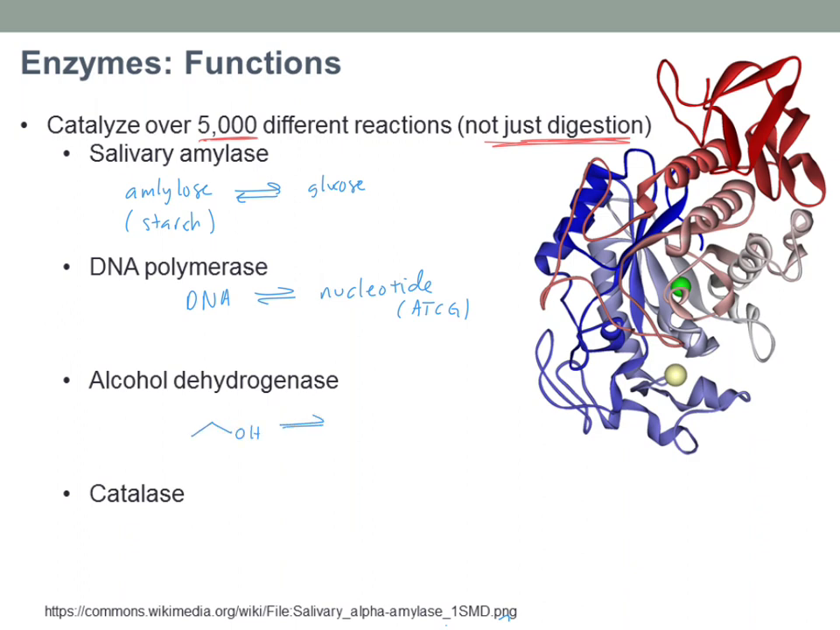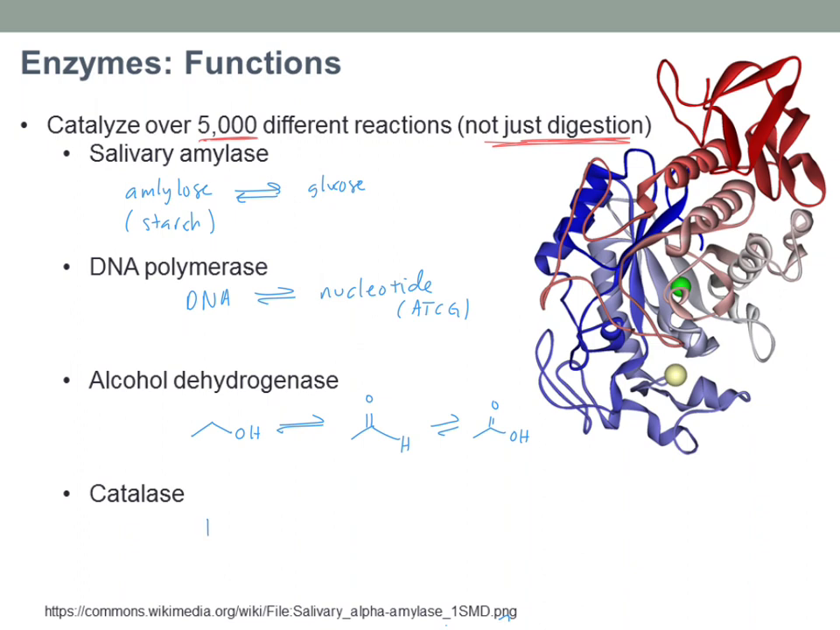Alcohol dehydrogenase is what your liver produces so that you can turn your alcohol, your ethanol, into acetaldehyde, for example, which eventually gets further oxidized into acetic acid. So this would be an example of an enzyme that helps to oxidize things, in this case ethanol, but again, it goes back and forth and back and forth. Just one more example,